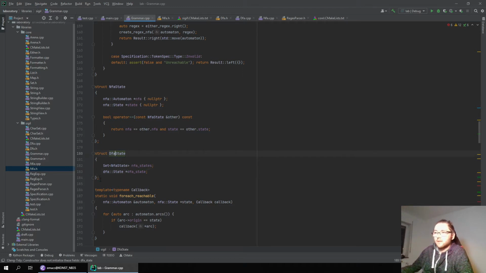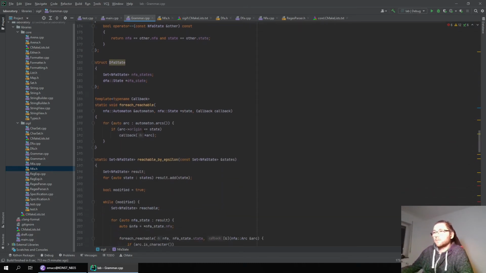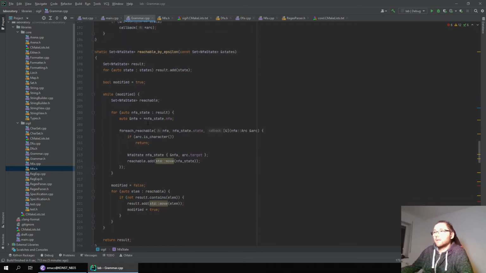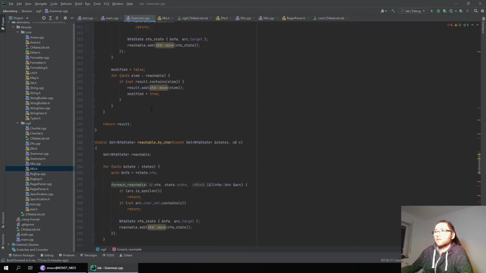This struct represents a DFA state. It associates a set of NFA states with a DFA state. So those are NFA states. Those remain NFA-prefixed things. One I can keep. I could also inline this method. It's only used twice, but